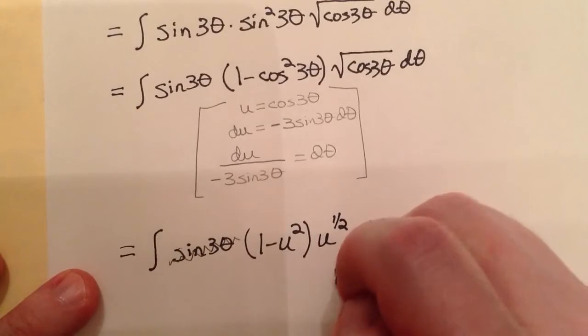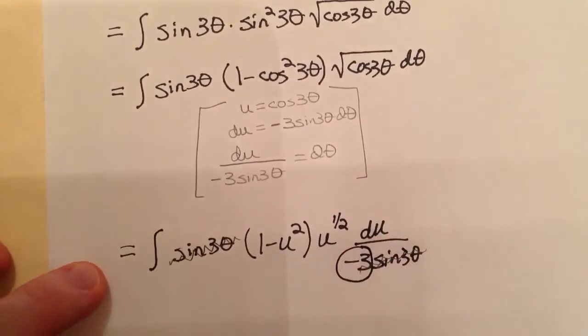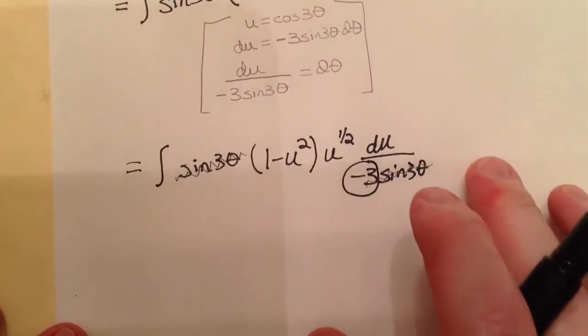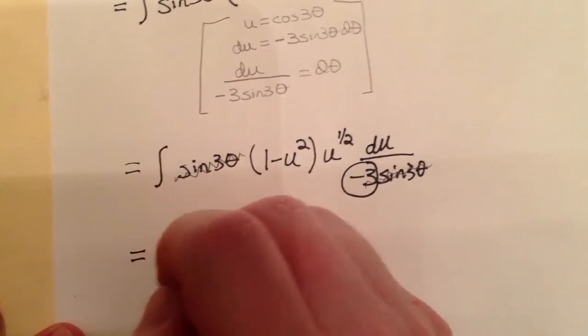Okay, but now we're still going to have negative 3 to divide by, and so in carrying out our leading numerical coefficients, we can write initially negative 1/3